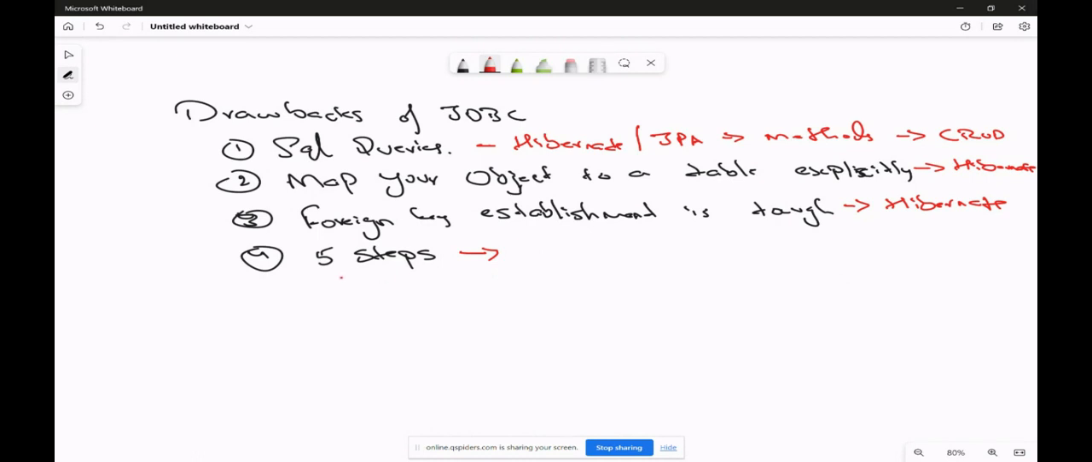Okay, the fourth drawback is that you have to perform all five steps in order to get connection to the database, and this is avoided by a file called persistence.xml provided by JPA. Okay, so this thing we learned, that we always have to write SQL queries,